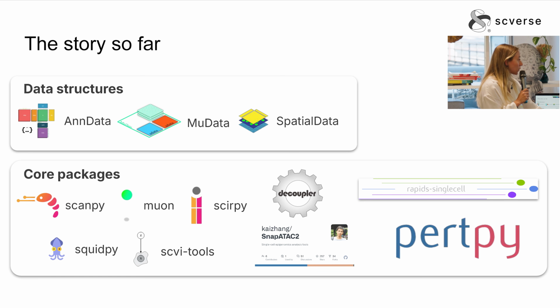And the core packages that we have right now, because we expanded recently also: Scanpy for all the single cell preprocessing up to visualization, basically, even differentially expressed genes. First steps you can do with Scanpy. Squidpy for spatial data, similar idea. The same expansion of preprocessing for multiomics data is muon. scvi-tools, Valentine is one of the main contributors, not directly in scvi, right? But all the ecosystem around that. So it's the variational inference tools for all things single cell. Snapatac for ATAC-seq, decoupler for gene inference, Scirpy for immune repertoire, Pertpy for perturbation data, and Rapids, which